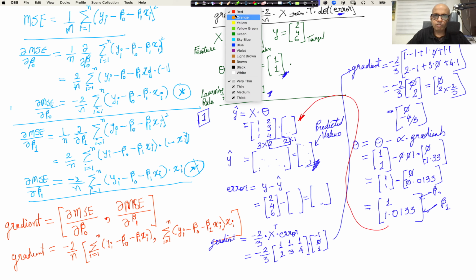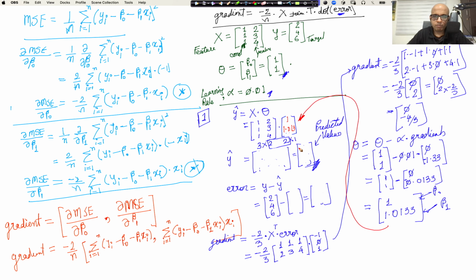So the new values that are here, let's use a different color for that. Let's continue to use a red color. We have 1 and 1.0133. So these are the new values, and when we perform the calculations here, we have 1 multiplied by 1 is 1, and then we have 2 multiplied by 1.0133. So I'm going to do the calculations here on my calculator. We have 2 times 1.013, and then we add 1 to that,